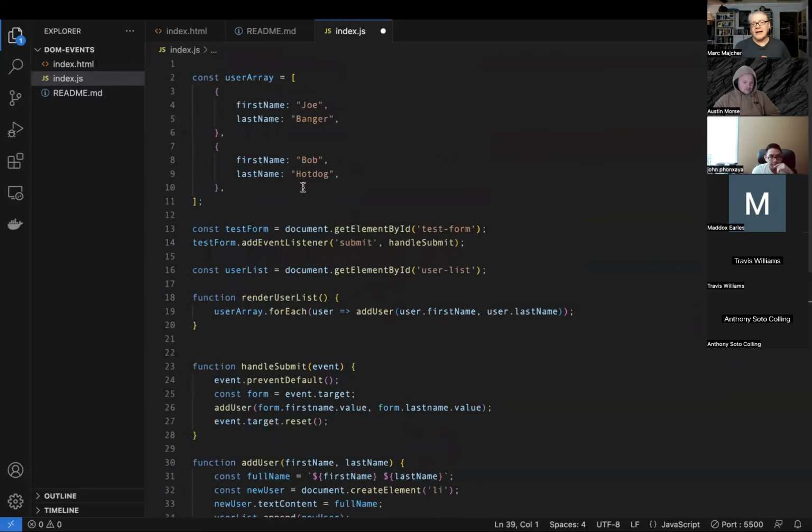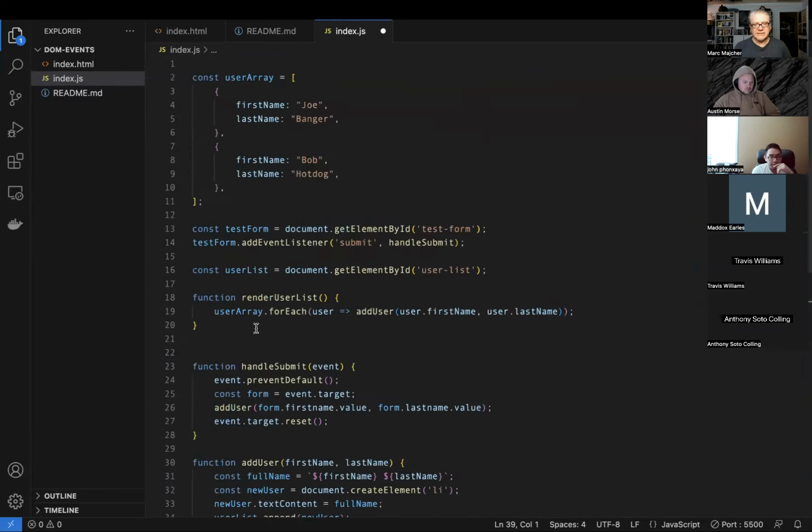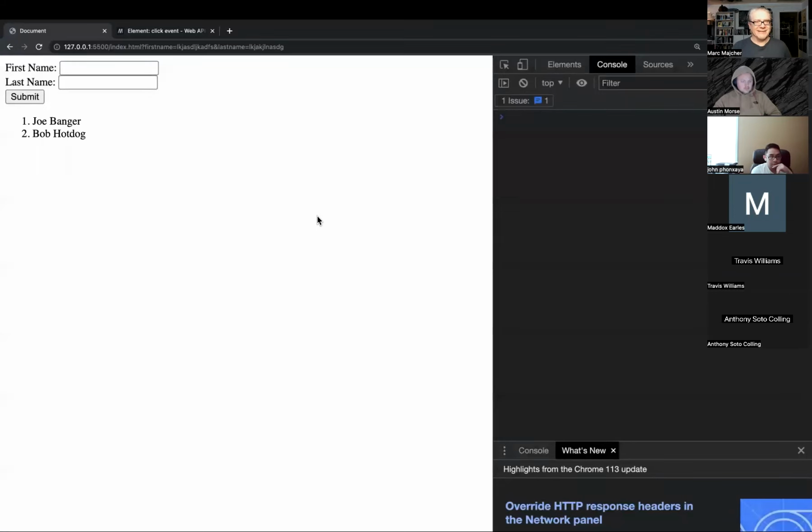So what I expect to happen is that when it calls render user list, it's going to look at the user array, which we have stuff in already. It's going to go through each one. It's going to try and add those users. Let's see if that works. Hey, it does. Cool. And actually, there's one more thing I would like it to do. Just in case, for some reason, we want to call that more than once, we don't want the names to show up both times. So I think I'd like to,